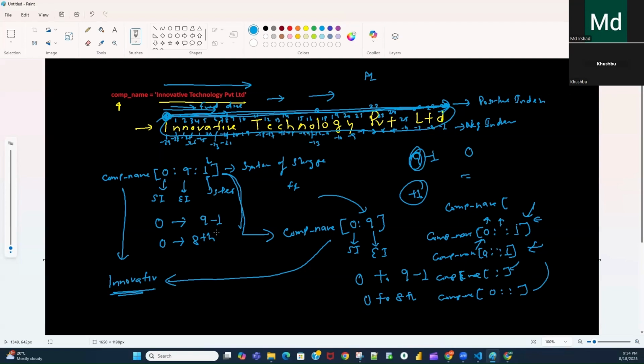Now in this case also the same. Here you have used only a single colon. So by default, the slicing operator will consider internally a step of 1, as if giving colon 1. That means it will fetch the data in the forward direction. Here you have not defined the start index or the end index, so by default the start index will be 0, and it will search the data from 0. And since you have not defined the end index, it will fetch the data till the last index. It will not do -1 here. Here also the same, by default it will consider 1, so this will become this only internally. All these 4 forms will give you exactly the same output.